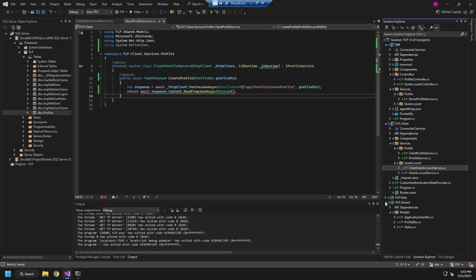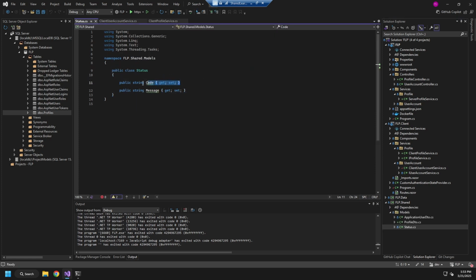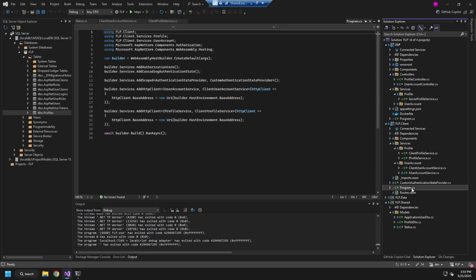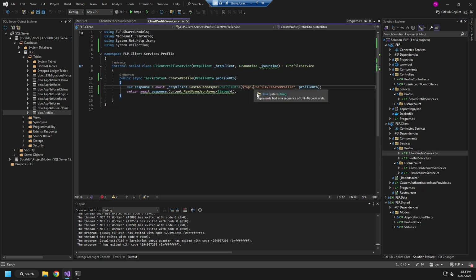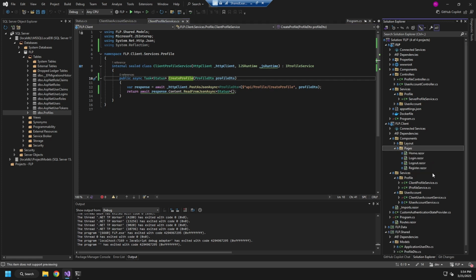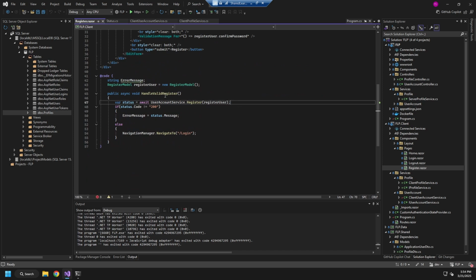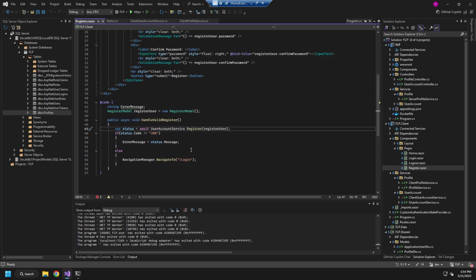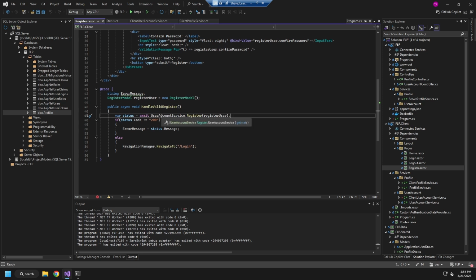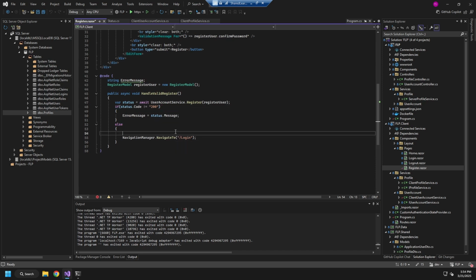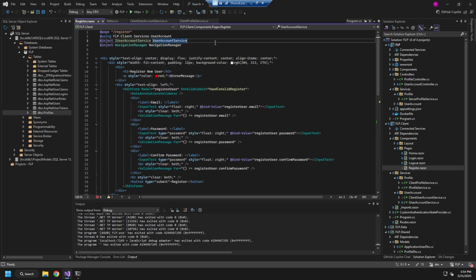If you remember the status, if we go to shared, that status is we're returning a code and a message here. So now let's go take a look here. The create profile, we're going to return that. And where we want to create this profile, if you remember, we have under components, under our pages, our register page, we have a handle valid register. It's going to try and create that new user. So it's going to register a new user. If the status code is not, it's going to return an error message. So in here, we're going to want to say that we have